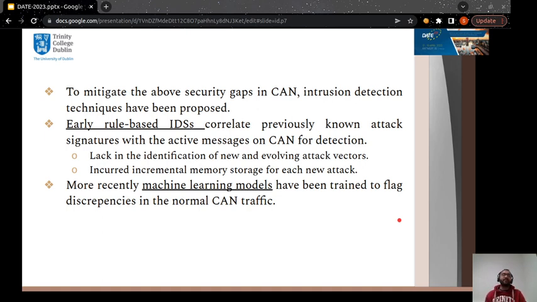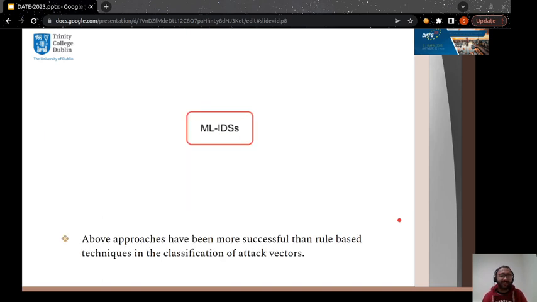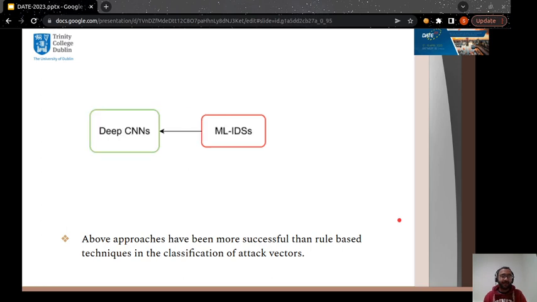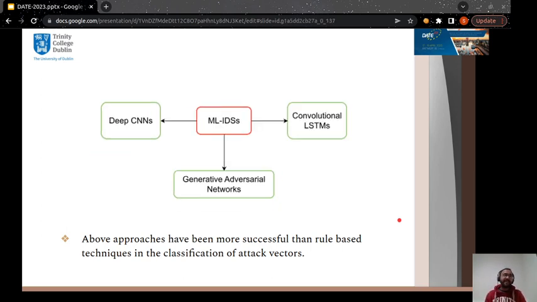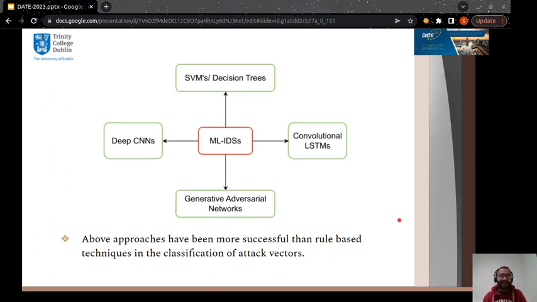Recently, machine learning models have been trained to flag discrepancies in the network traffic. Various machine learning architectures have been implemented as intrusion detection systems, like deep convolutional neural networks, generative adversarial networks, convolutional LSTMs, and even classical techniques like SVMs and decision trees have been developed to make these systems robust and accurate. Now, even though these models have been highly successful in various attack vector classifications, there are certain obstacles